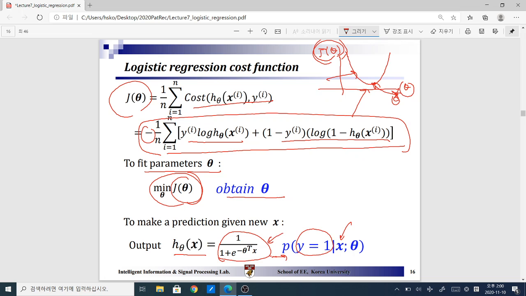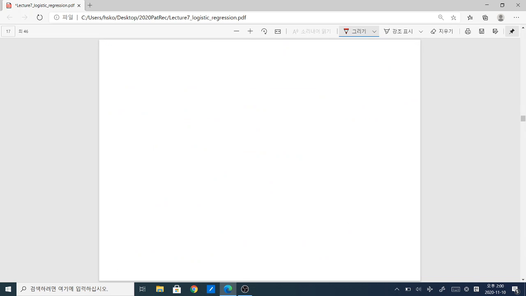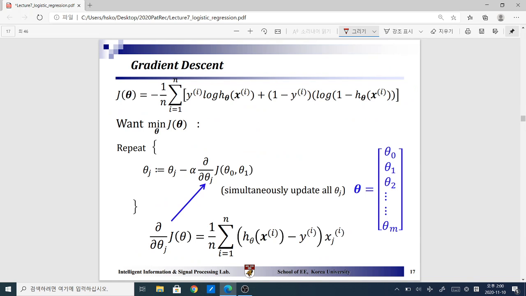So this function essentially represents the probability of the sample belonging to the class of 1. And so the question is, how do we then obtain this theta that will perform this particular prediction? And we're going to be able to do this once again by means of this gradient descent